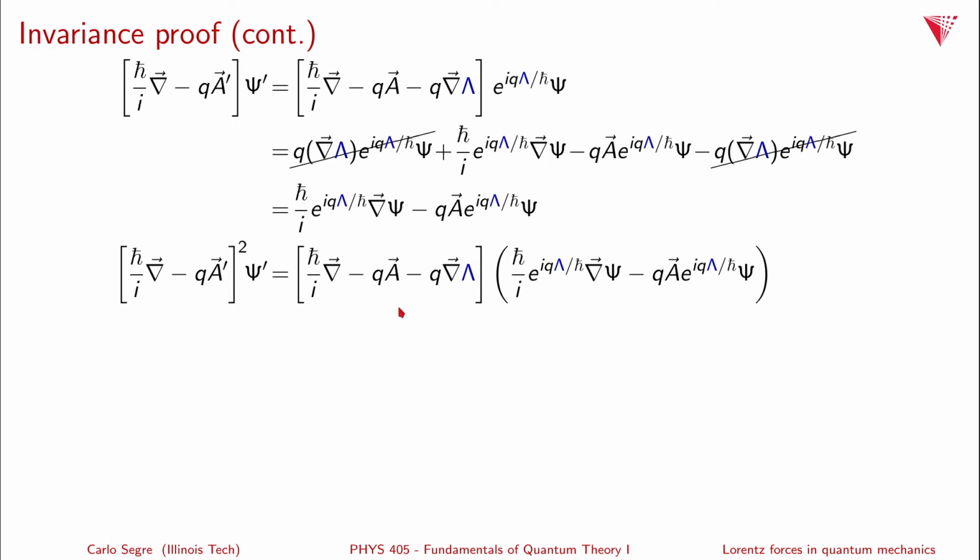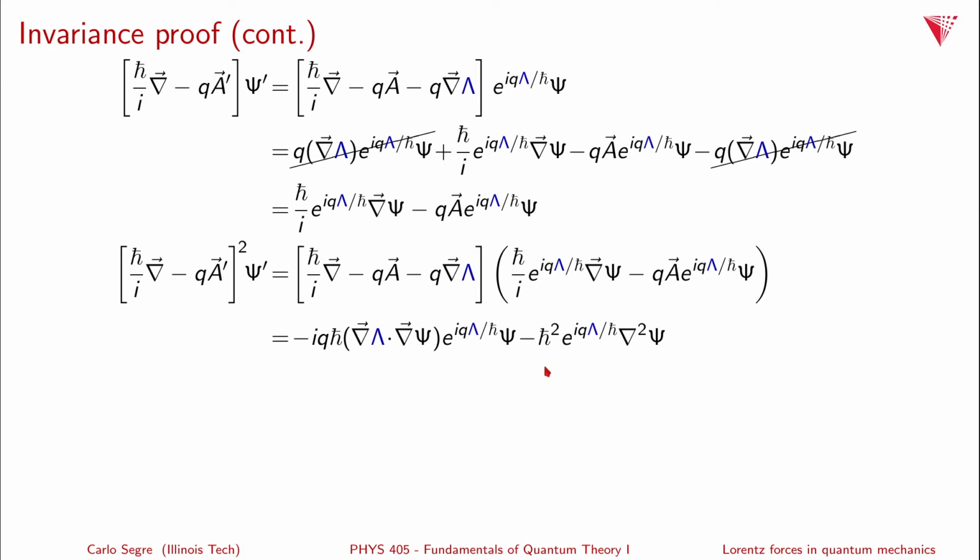So now we're going to do the same thing here. We have to apply it to this term and to this term. Then we have to apply, multiply this and multiply that. And then here we have to apply the gradient again to both terms. So the first term, that is the h bar over i times the gradient applied to this term, gives us